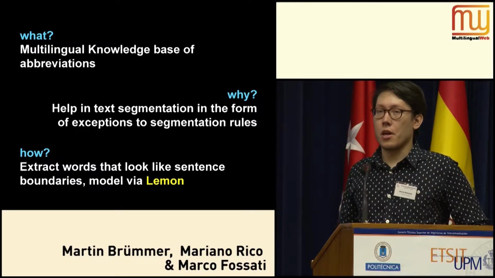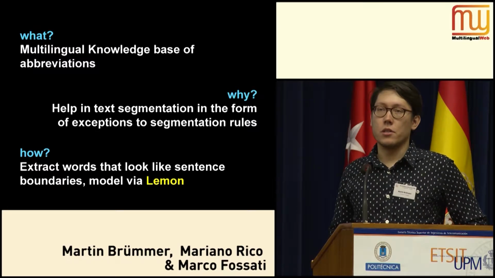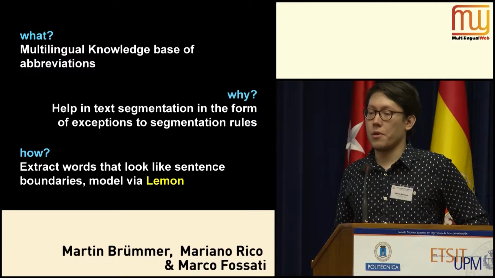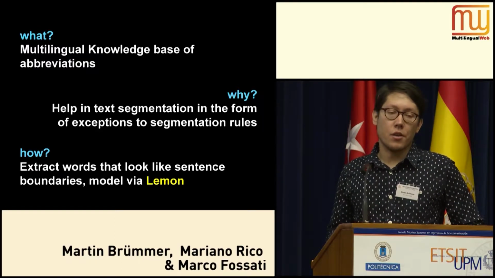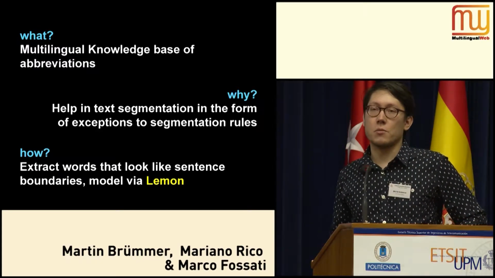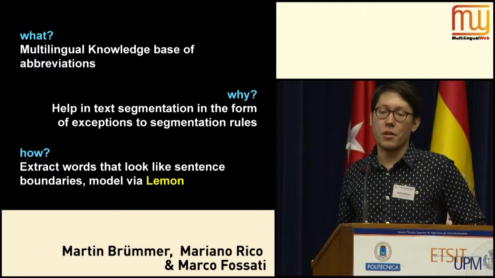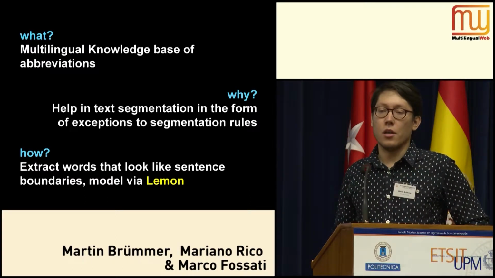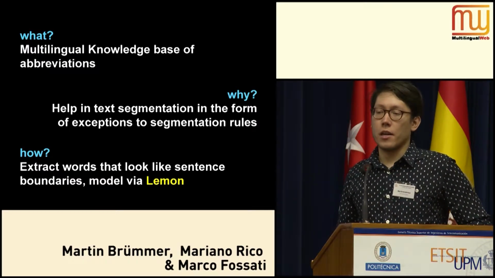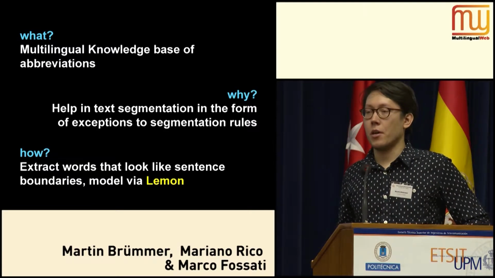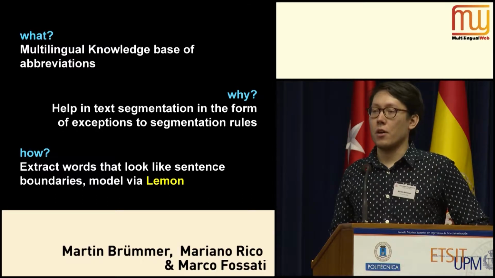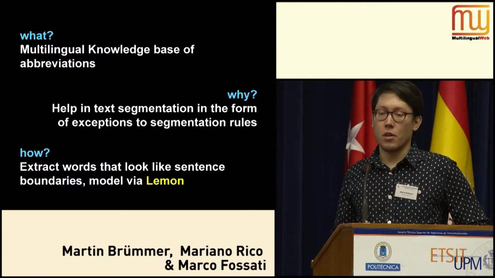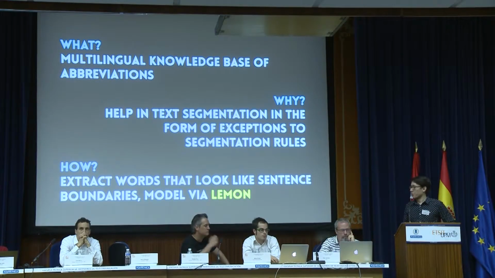And with the help of DBpedia, this is relatively easy to do, because the only thing we have to do is extract words that somehow look like sentence boundaries, defined by the tools that ULI already has developed. And we compile them together per language and model them with the Lemon model as dictionaries. So in this case,